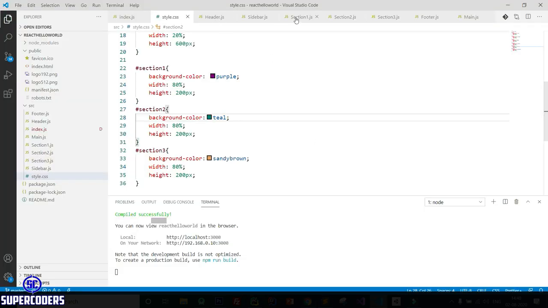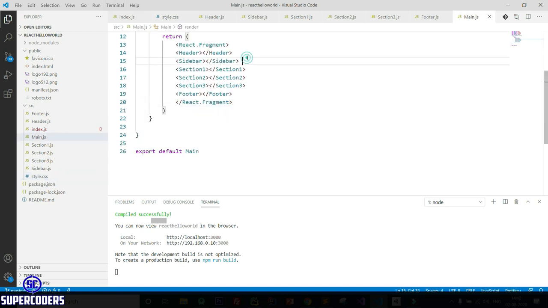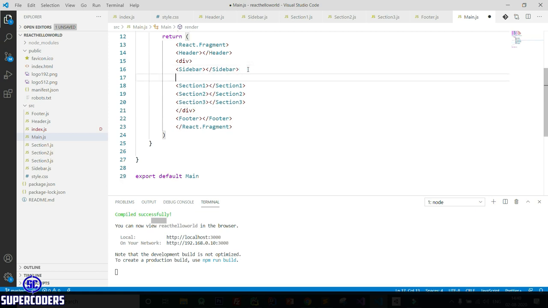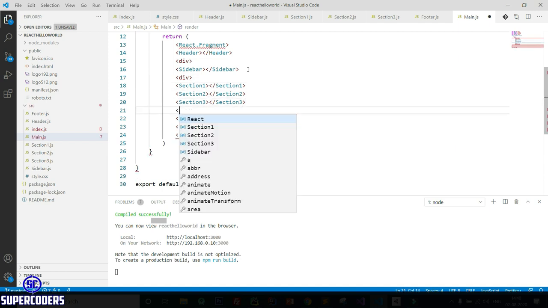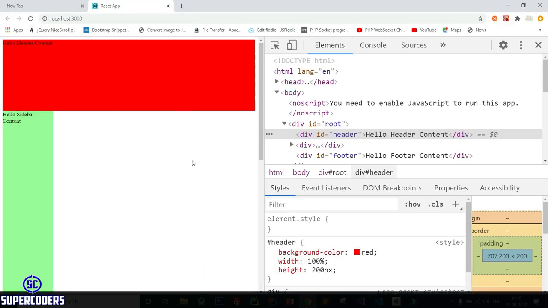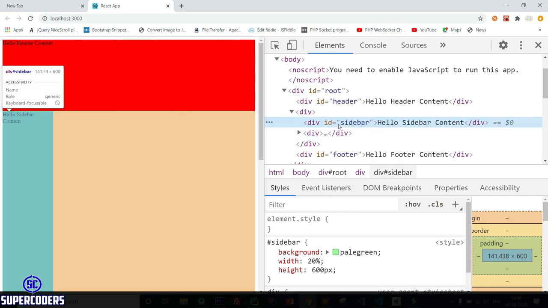So let's fix these things. Again come here in this file and add this in a separate div. Also add this in a div. Now let's see what the error is.